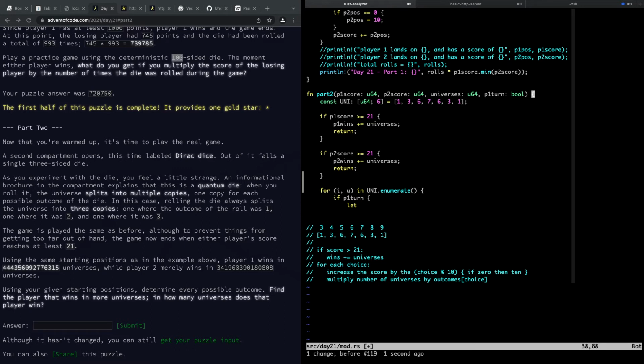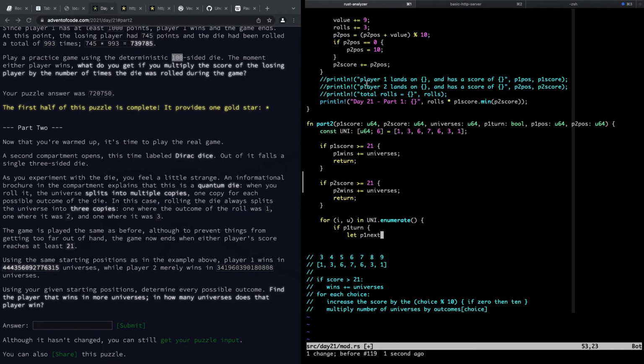Okay, we're just adding extra parameters here. So P1 pos is a U64, sure, and P2 pos is a U64. So we have the current position. We'll call it next. All I did here was just add it directly. But I don't want to pass mutables around. So we'll say P1 next is equal to the current position plus,